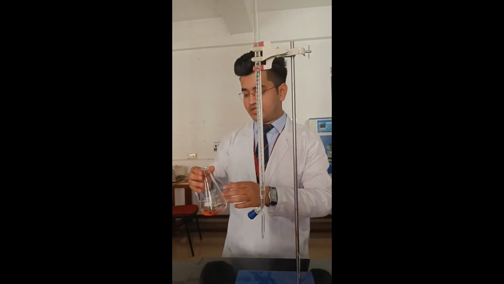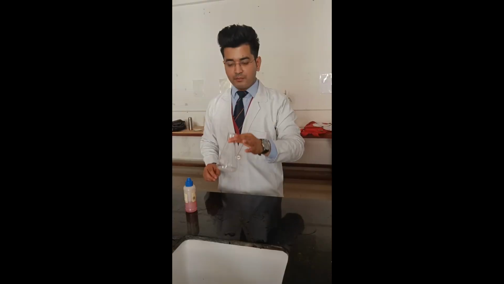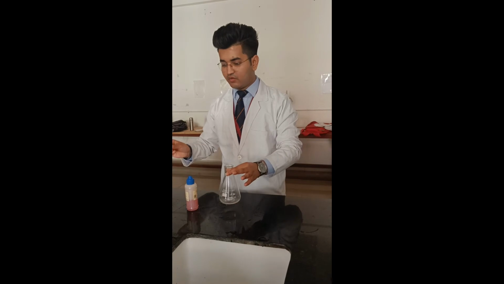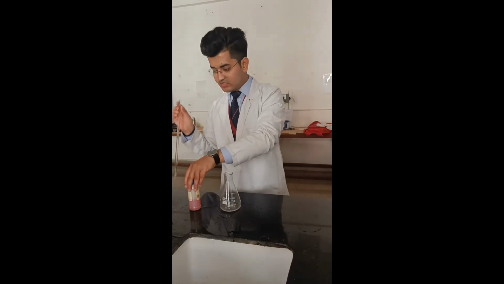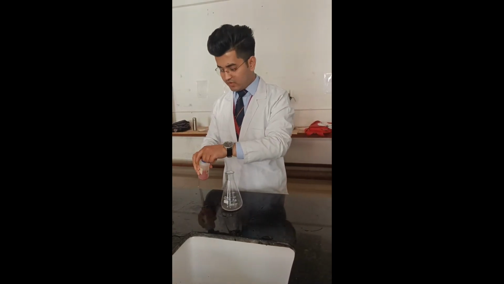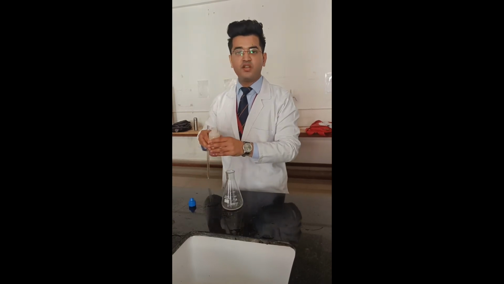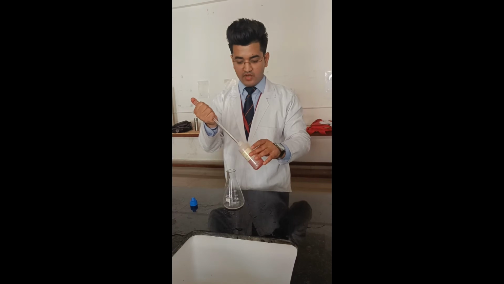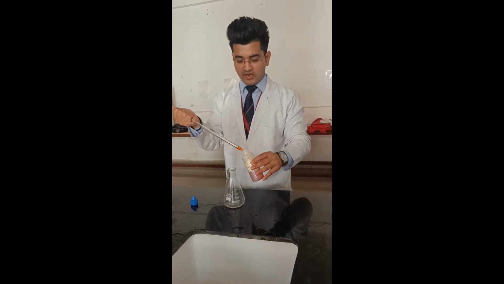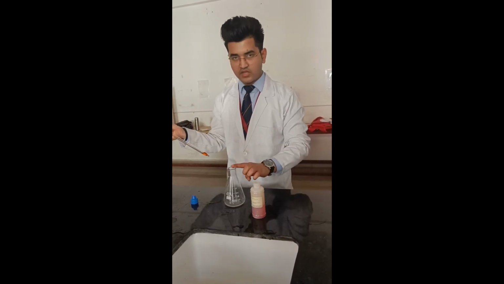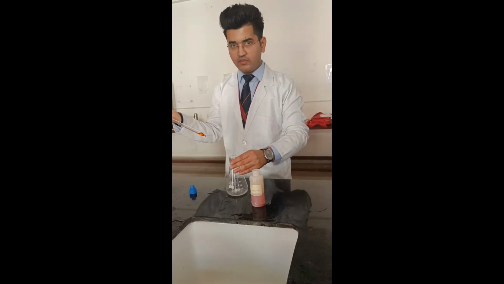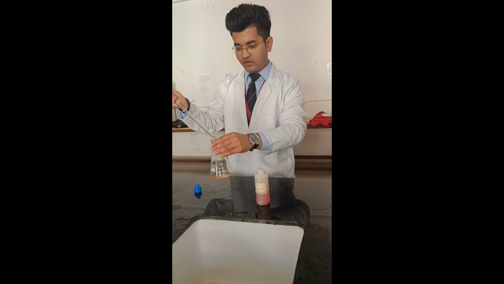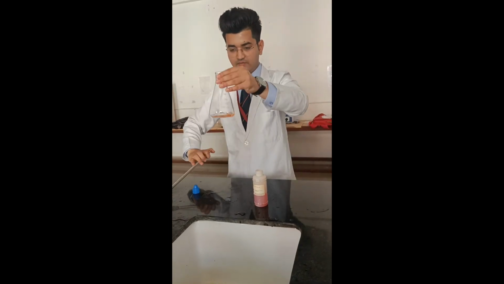For a better and more precise result, we will take 3 to 4 readings. So in this case we are taking 3 readings. In the first reading, in the first titration, our reading was 15 ml of HCl from the burette. Now we again have taken our primary standard Na2CO3 into the conical flask, and we will add the indicator methyl orange, and the color will be yellow here, as you can see.